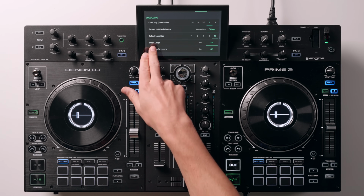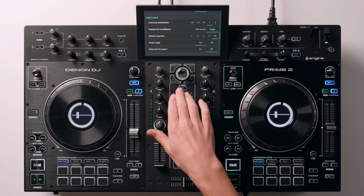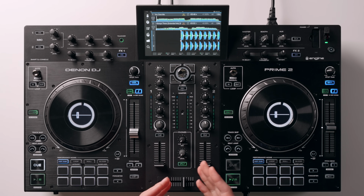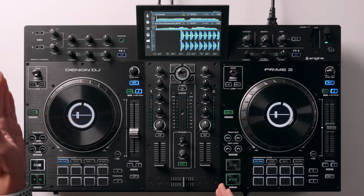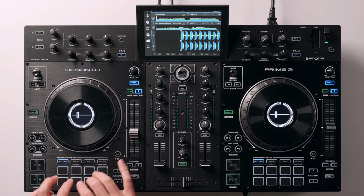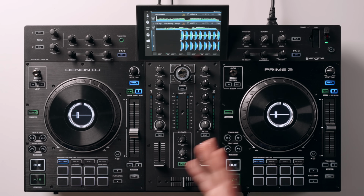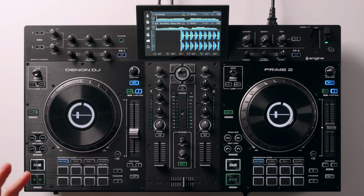And the other thing is smart loops. So I'm going to turn that on. This acts independently to quantize. Quantize will lock an in and an out point to the grid of the song. But if you don't want quantize active, because you want to do things like finger drumming, so you want to be able to play the hotkeys as fast as you possibly can, and quantize not change how that responds, then by having smart loops on, when a track is playing,